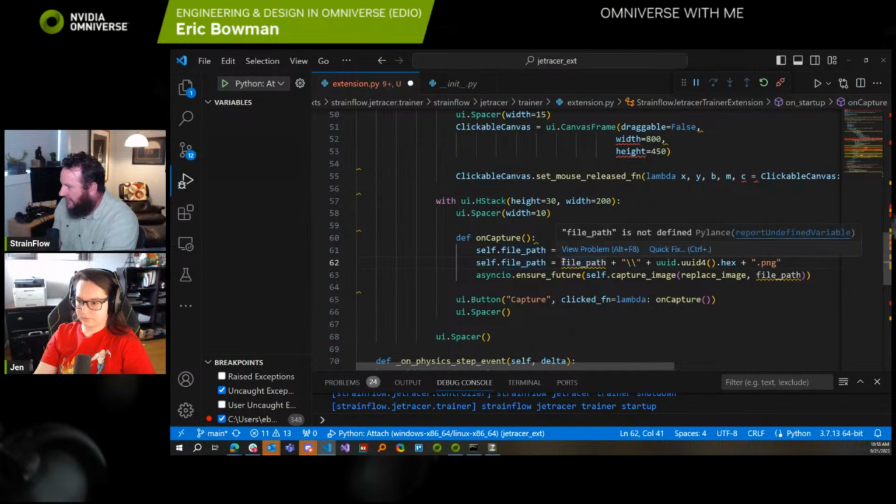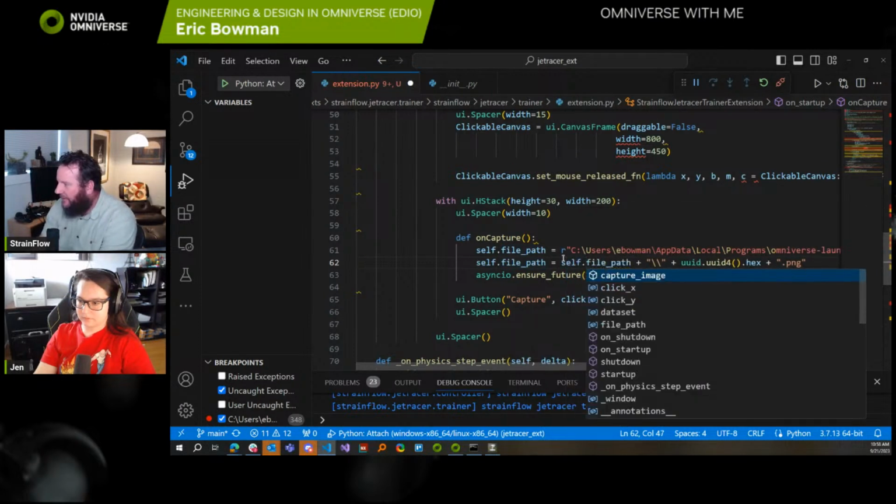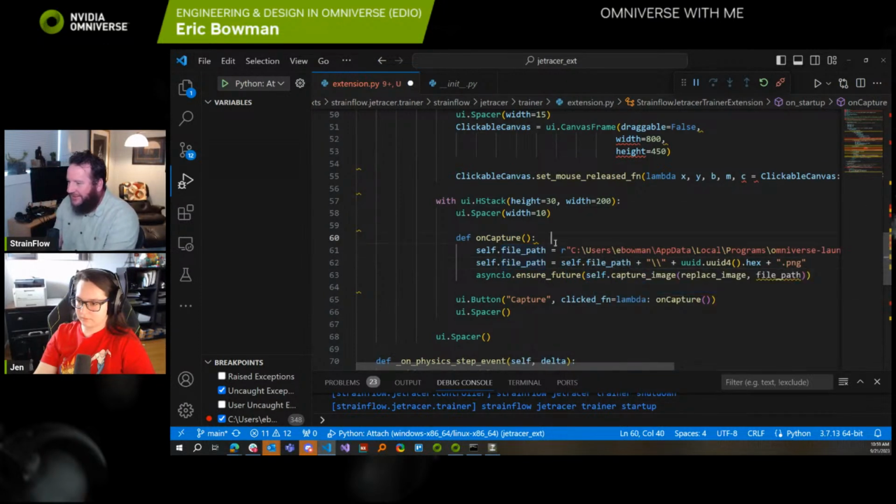And then self.filepath. And this is what we couldn't do from the Jupyter Notebook. We didn't have a class, so I couldn't specifically assign that scope and make sure that file path was saving. I was getting into some weird stuff. But now,